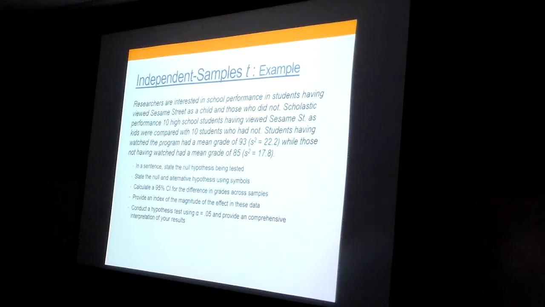So we would expect the difference in average grade of the population of high school students having watched Sesame Street versus those who haven't to be between 3.8 and 12.2, right? And if we're talking about grades, and assuming this is a 0 to 100 scale